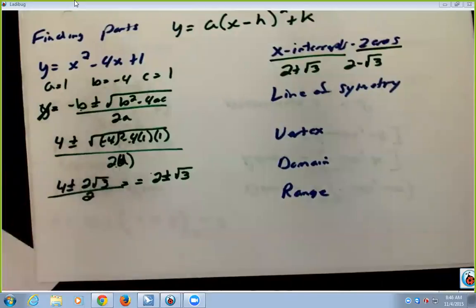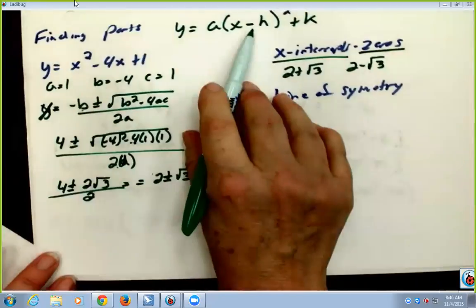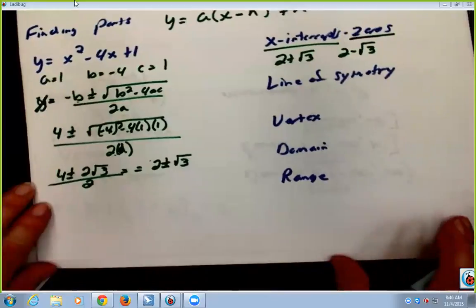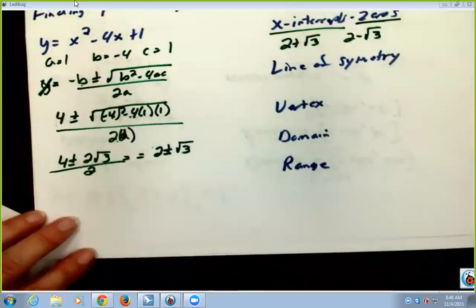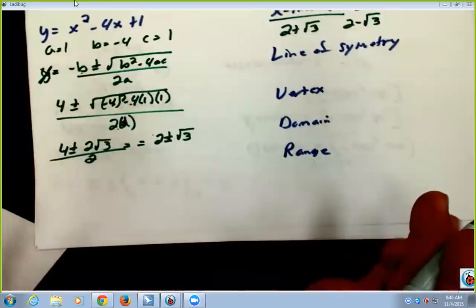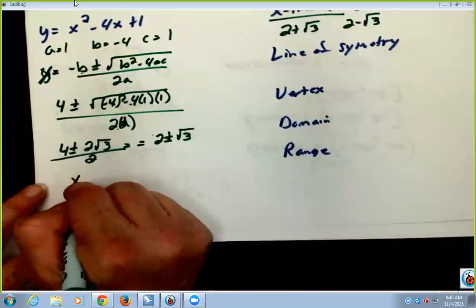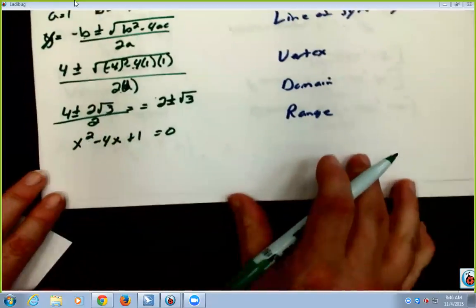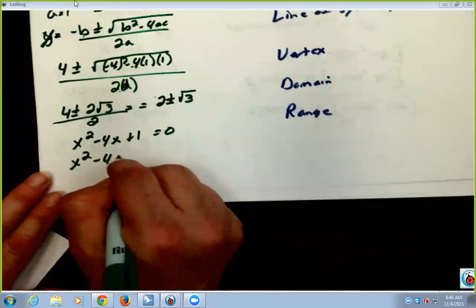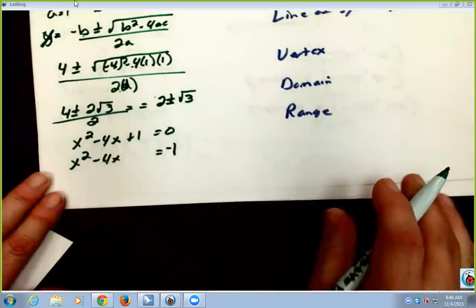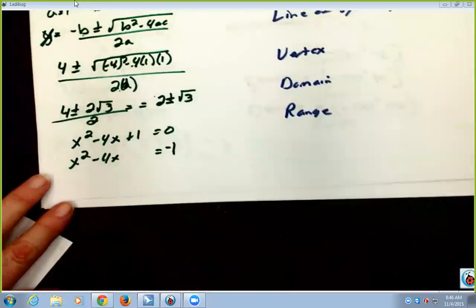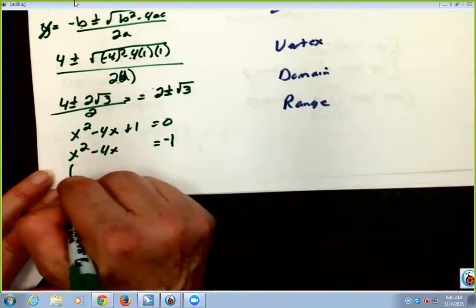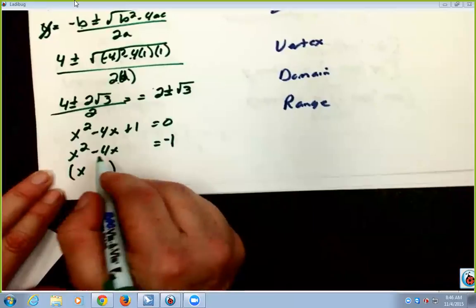I can't look at this and say what my line of symmetry happens to be, can I? It's not there. I don't have my h, or the opposite of h, but if I take this equation up here and complete the square with it, I'm not going to finish it though. So if I take x squared minus 4x plus 1 equals 0, x squared minus 4x equals -1. Remember how we did those? We moved things over. We took this piece and we took x,